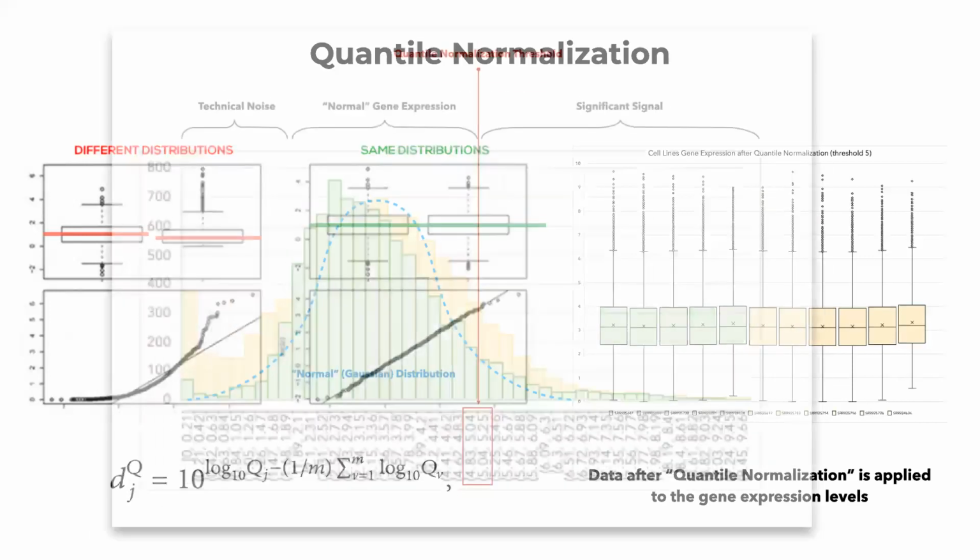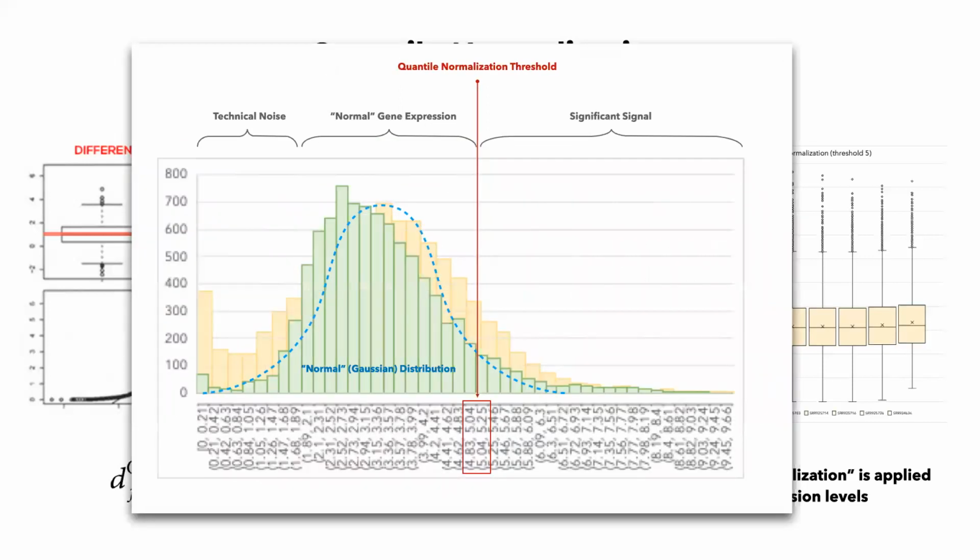So when we do quantile normalization, we can take a threshold, and that threshold will help us eliminate the technical noise. We want to eliminate the technical noise, that is the really low expressed values. In the middle, we will have what's called normal gene expression, the genes that are common between the majority of whatever cells we take. And then the significant signal is going to be on this long tail of the distribution. That is where we will typically find most of the information when we want to compare different signals in our data.